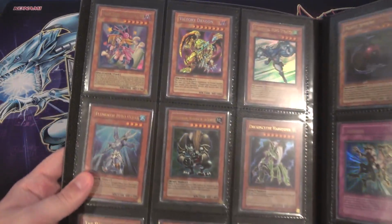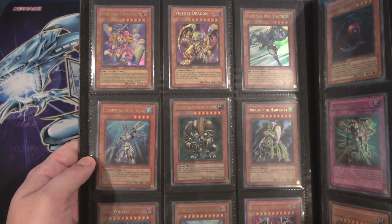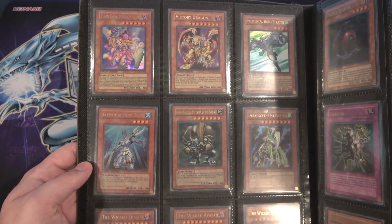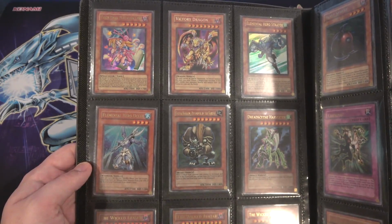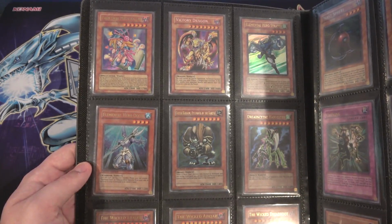See what else we have. Hopefully there's not too much glare, too. It's kind of hard to not have a little bit of glare whenever I'm recording a binder. Anyway, we have a Toon Dark Magician Girl. That was another one I remember seeing from the movie and hoping they would print, and they did, so that's awesome. Victory Dragon. This is the only card, I think, that you can win a whole match with